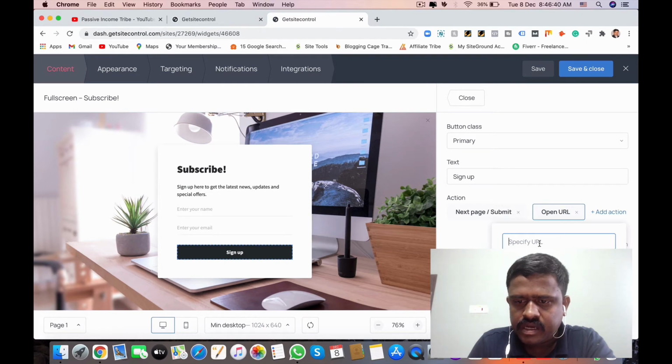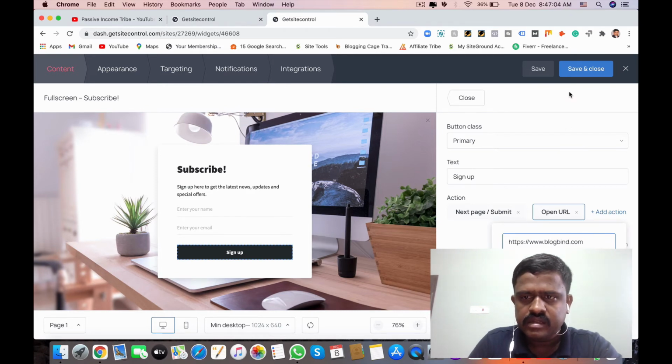For open URL, you can give the particular URL, for example, https://www.blogmy.com. Like this, you can give whatever URL your requirement needs. Okay. Then close the widget. This is the way we have to design.